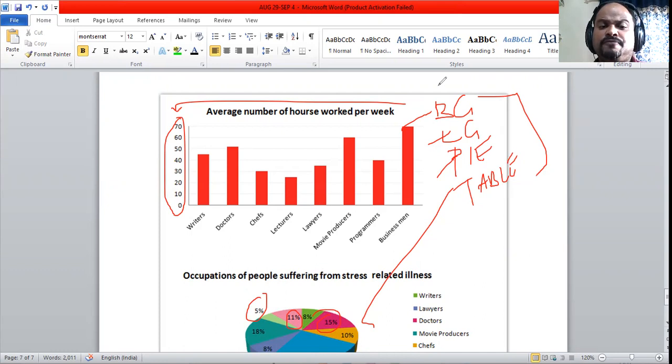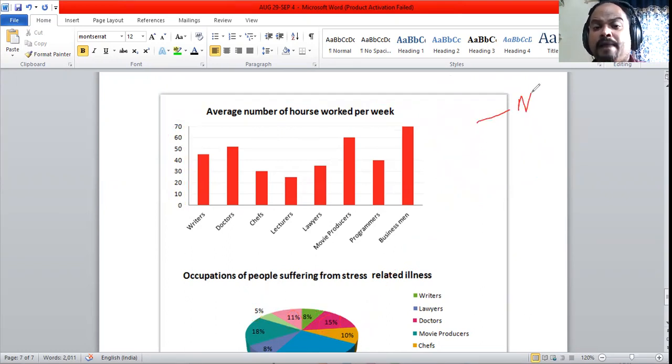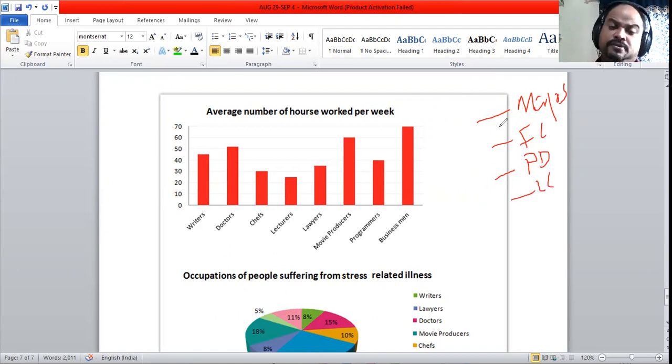So some sorts of figures, some sorts of numbers are there in these types. The other types are maps, flow charts, process diagram, life cycle. These are the other types of